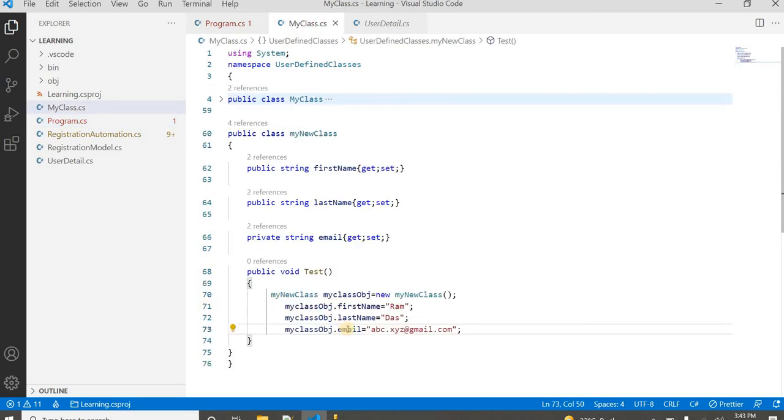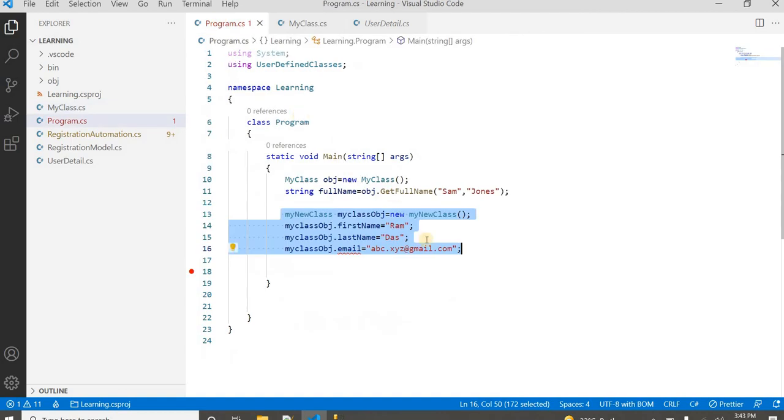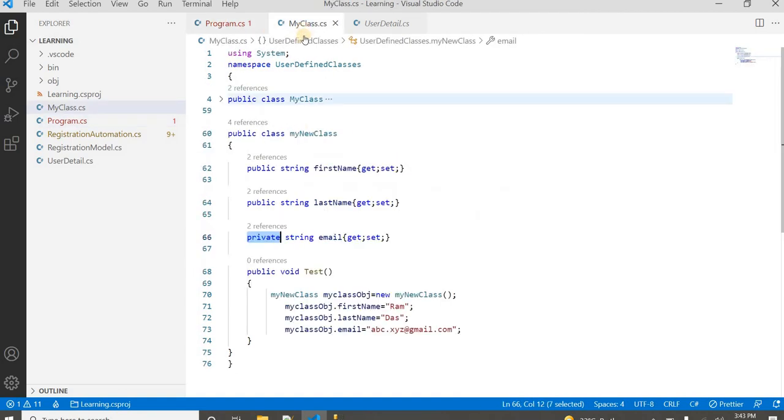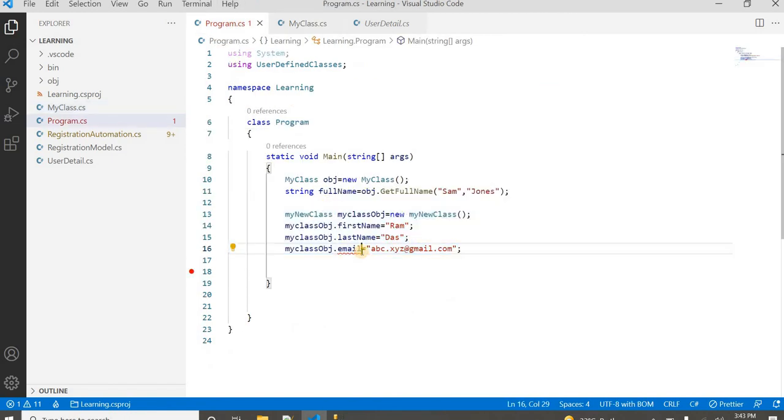I am not getting any error that this email is not accessible, but here I am getting the error. The reason is that I can use a private member within the same class. So the class scope starts from here and ends here. I can use this private variable inside the same class, but I can't use it outside of the class. So this is the meaning of public and private access modifiers.